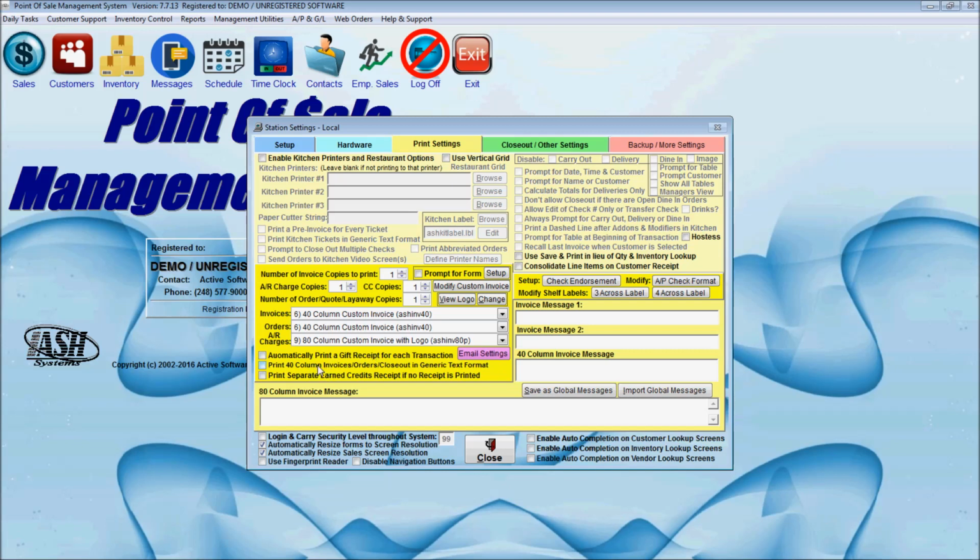And this depends on what type of hardware I have. Will I print in generic text format? Whether I print a separate earned credits report if no receipt is printed, but they are earning credits through our rewards program, I might want to print that. Over here I have my invoice message, where we may want to type in here, thank you for shopping with us. This will print on each 40-column receipt,